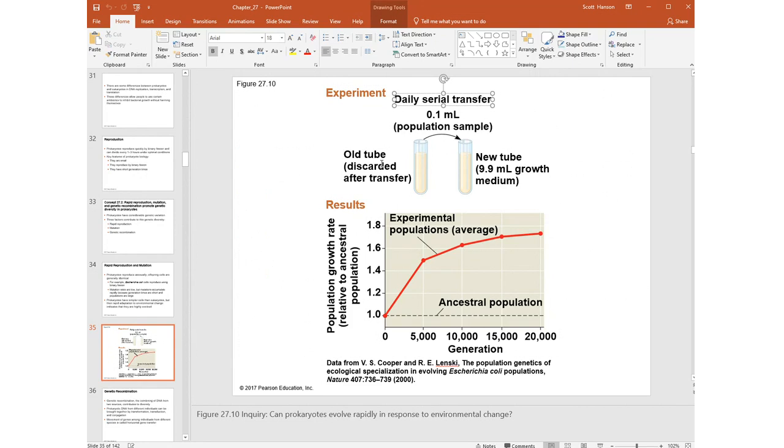If you're growing prokaryotes in a test tube, and you take just 0.1 milliliters of fluid from the old test tube and put it into a new test tube with growth medium, and you keep transferring on a daily basis, making up a new test tube with new fluid and a new transfer of bacteria, and if you measure the population growth rate